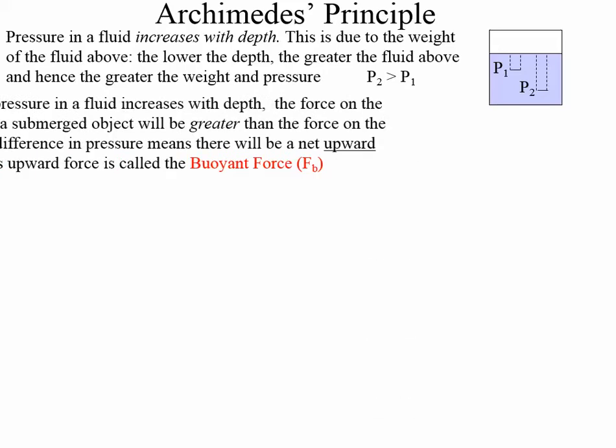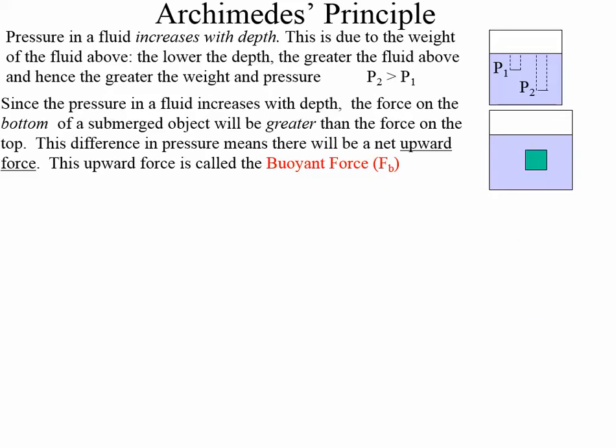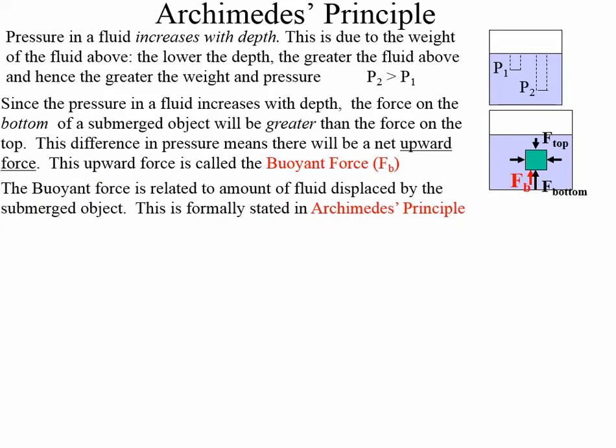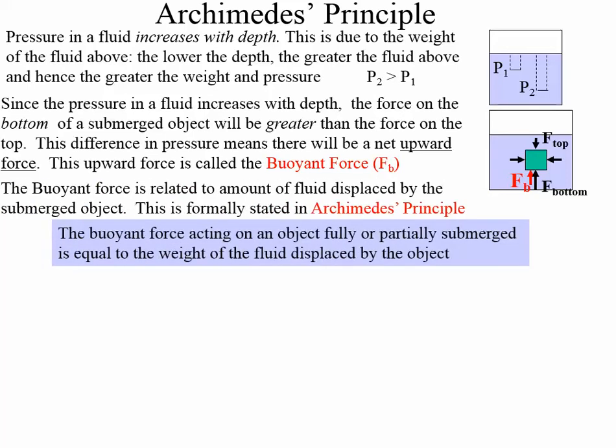Now, if you put an object in a fluid, because of that pressure difference, the force on the bottom of the object, because it's lower in the fluid, will be greater than the force on the top of the object, because the top of the object is higher up in the fluid. That difference in the force on the bottom and the top results in a net upward force that we call the buoyant force. Now, Archimedes deduced that the buoyant force is equal to the weight of the fluid displaced by